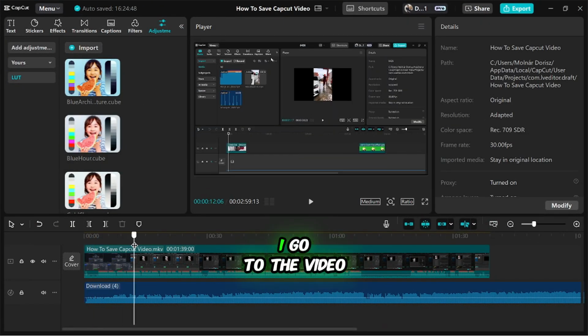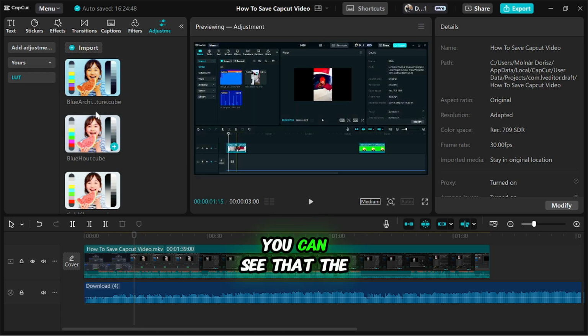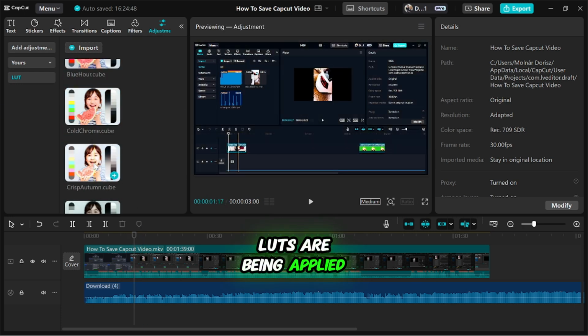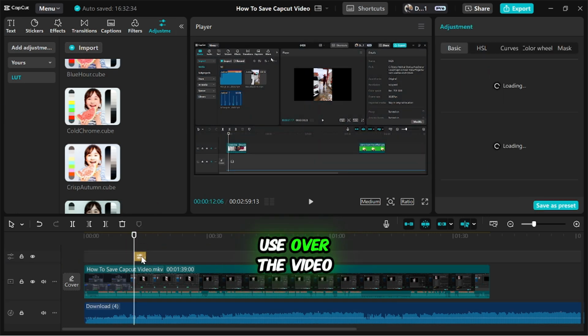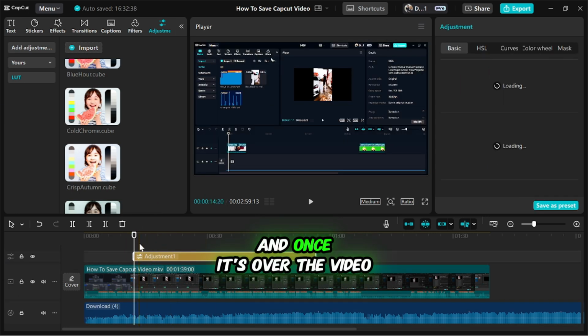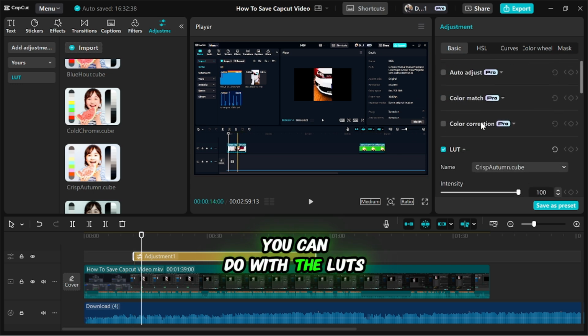As you can see, if I go to the video, you can see that the LUTs are being applied. So you just need to drag the LUT which you would like to use over the video, and once it's over the video you have those basic things you can do with the LUTs, like auto adjust, color match, color